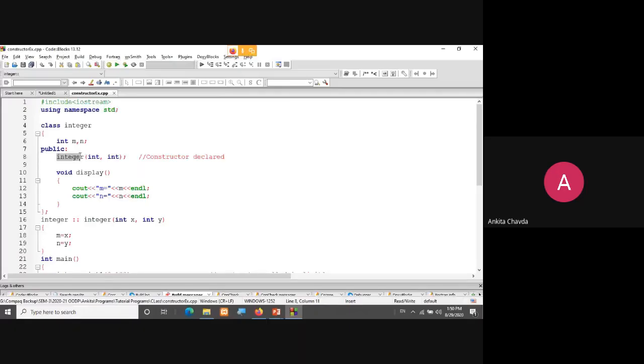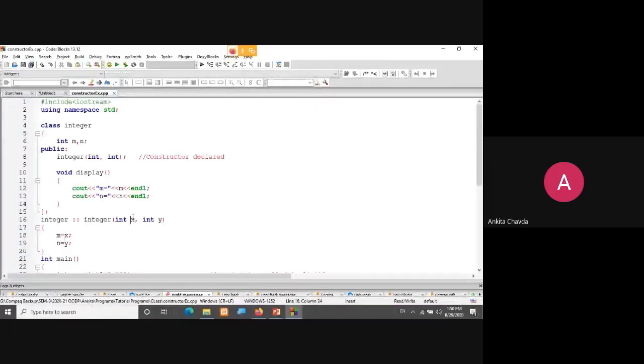First is my class name, then the scope resolution operator, then my constructor, and then int x comma int y. In my constructor, I'm just assigning my values: m is equal to x, n is equal to y. This is what I've explained, nothing new in that.